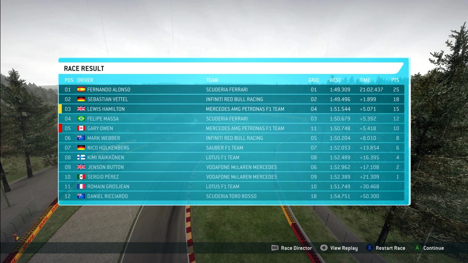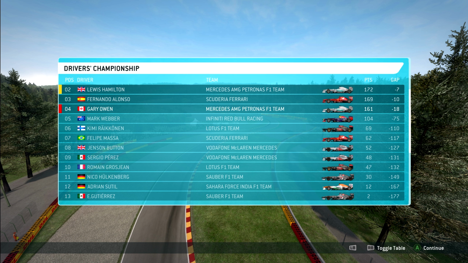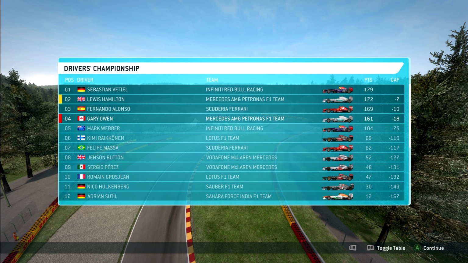Now let's see the championship. All right, so here's the standings after Belgium. Vettel with a 7-point lead over Hamilton, 10 points over Alonso, 18 points over myself. So still 4 of us very close to one another, with obviously Webber being 75 back, kind of in a zone, kind of zip code right now. But it's going to be really interesting in these final stretches